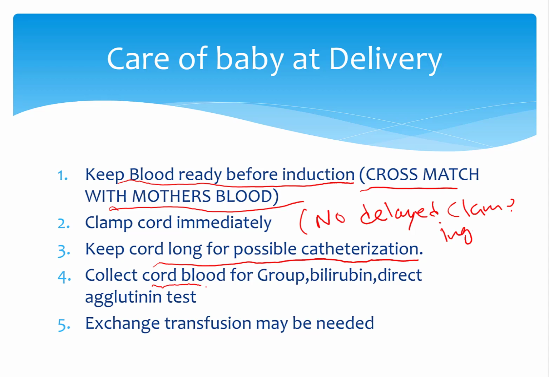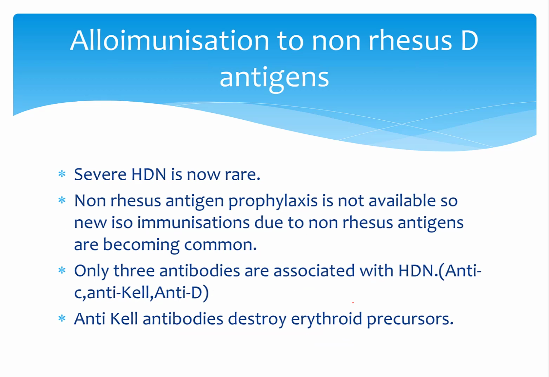You can collect cord blood for blood grouping, bilirubin, direct antibody test or direct Coombs test, and arrange exchange transfusion in liaison with the neonatal team. We don't see severe hemolytic disease of the newborn with hydropic babies anymore. As I mentioned earlier, we do not cover all possible fetal-maternal transfusions by giving anti-D or monitoring and giving anti-D,